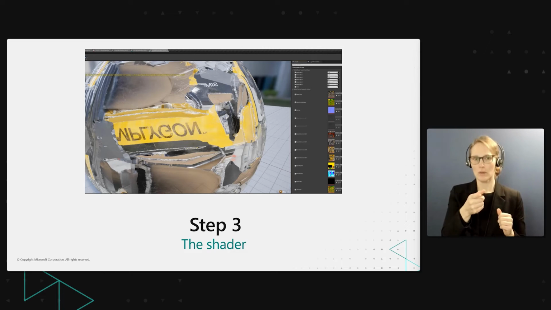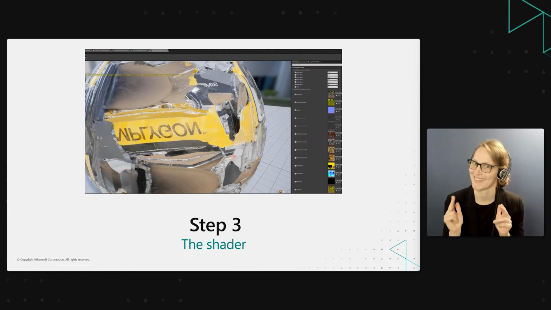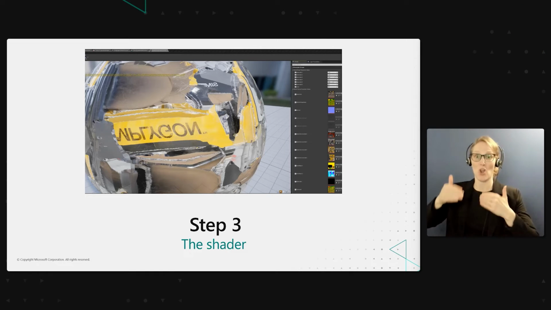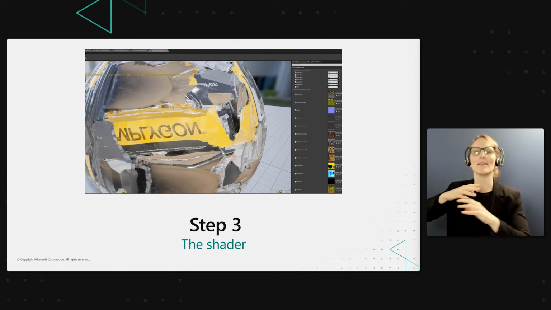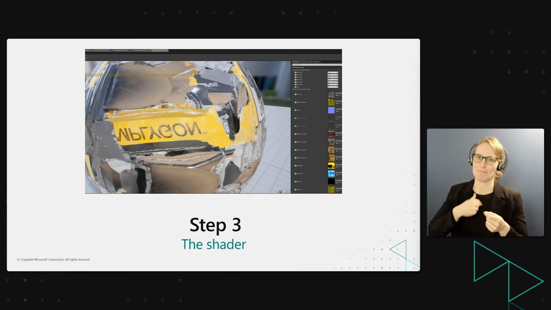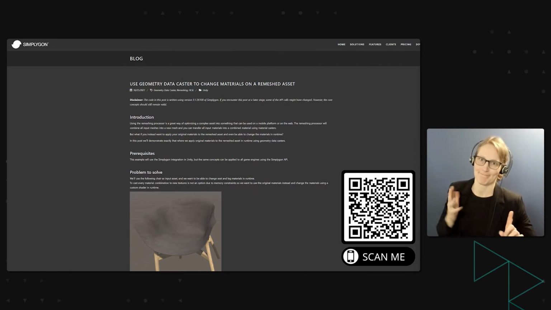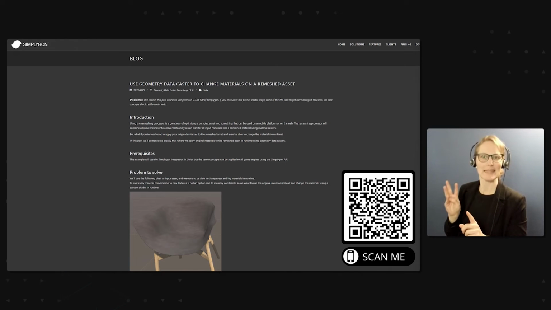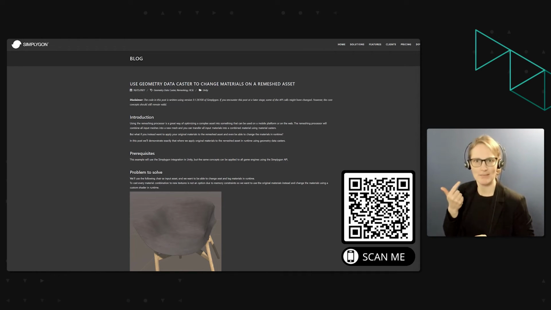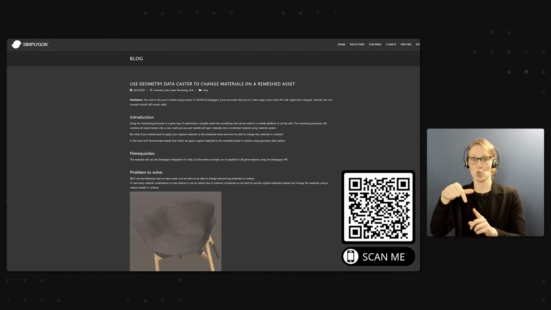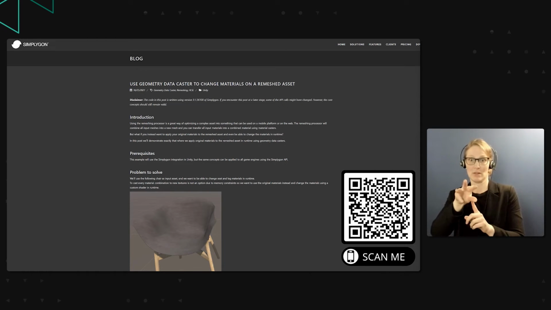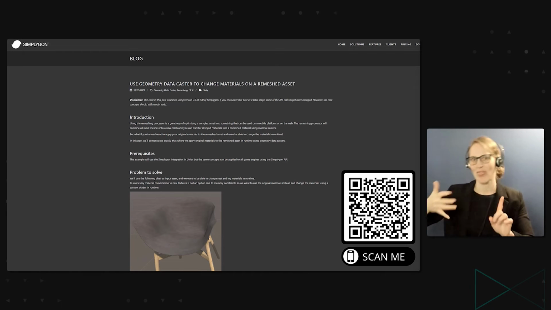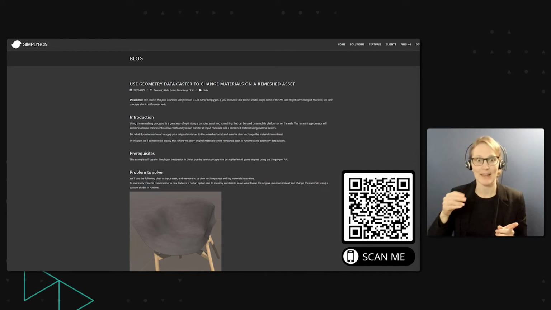Now, this is a very quick talk, so unfortunately, this is a complex process and there are a lot of details that I'm leaving out here. But there is actually a blog on our webpage, and if you scan this QR code, you'll get transferred to it, where this process is shown, in this case in Unity.